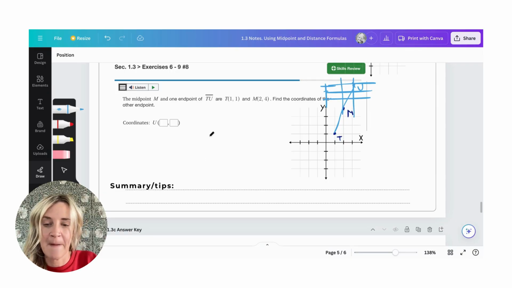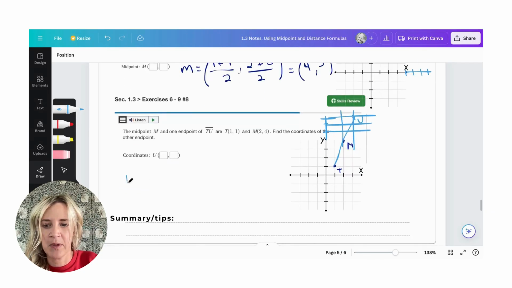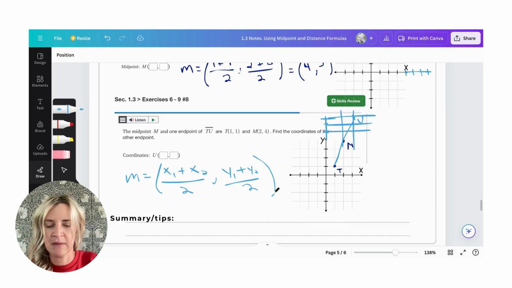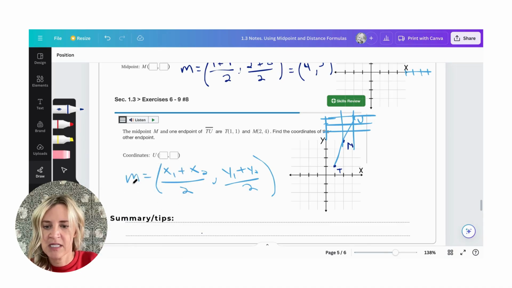But for the math of that algebra, we're going to use our midpoint formula. So midpoint, again, equals the sum of your x values, so x1 plus x2 divided by 2. And then the sum of your y values, y1 plus y2 divided by 2. And I'm just going to write over the top of these what we have. So we know our midpoint is (2, 4). And actually, no, I'm just going to do it in a different color and below it. So we know our midpoint is (2, 4). Okay, that's going to equal